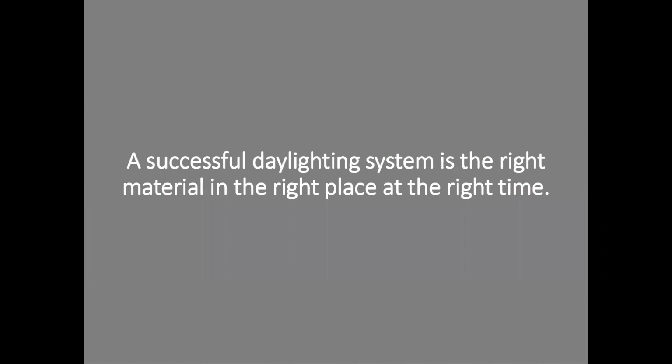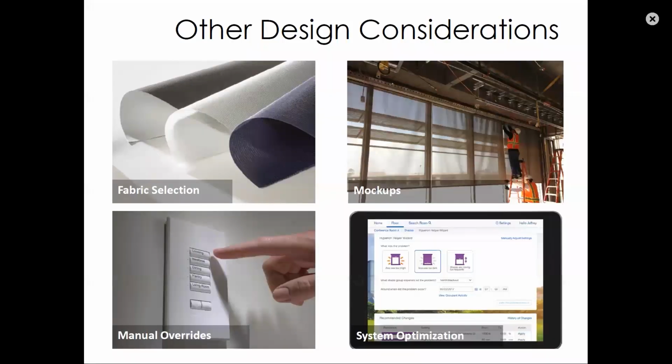This case study really demonstrates the value of dynamic shading systems, particularly automated roller shades. And there are other design considerations that need to be taken into account beyond the selection of automated technology. And so we think of a successful daylighting system as really going to be the right material in the right place at the right time. So some of the other design considerations you'll want to think about is